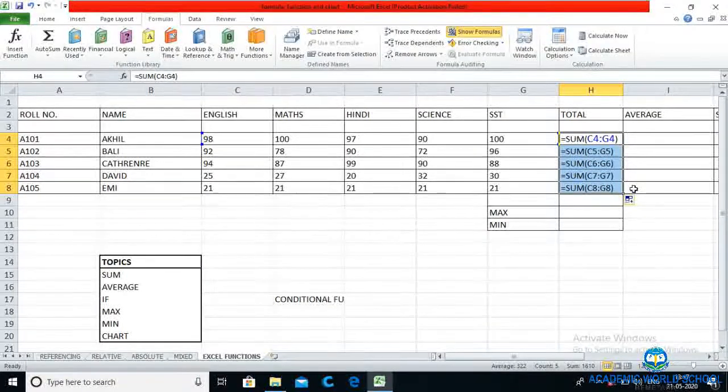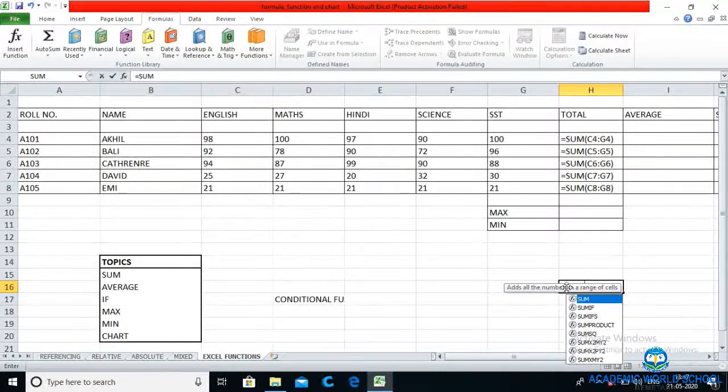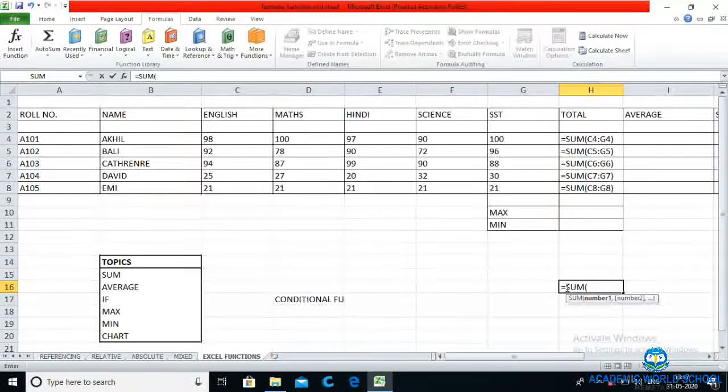Now this way we can find the sum and how we can work with the sum function. There are many more ways of using the same sum function in different methods. Let me show you one or two. Equal to sum. Previously we took the whole range C4 to G4.